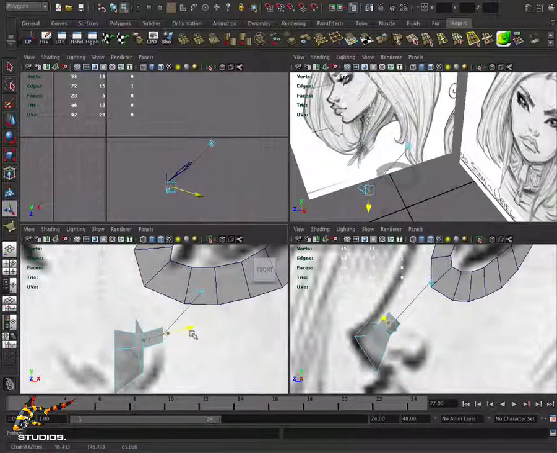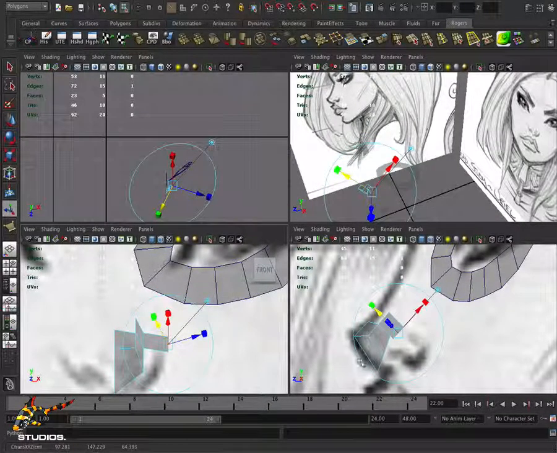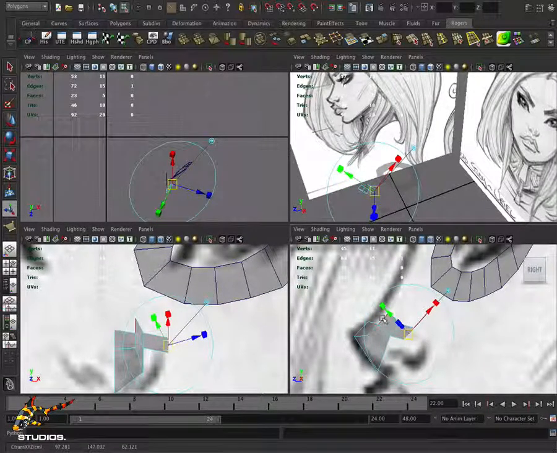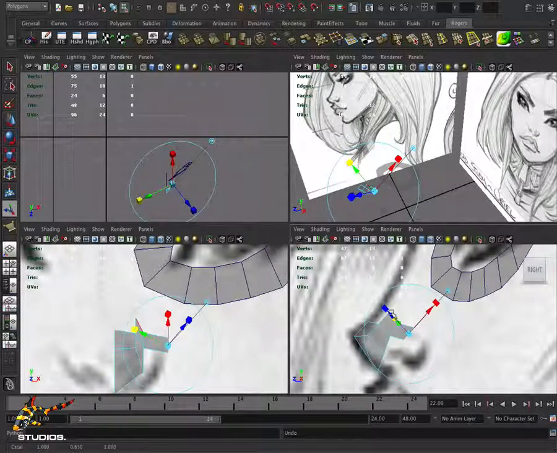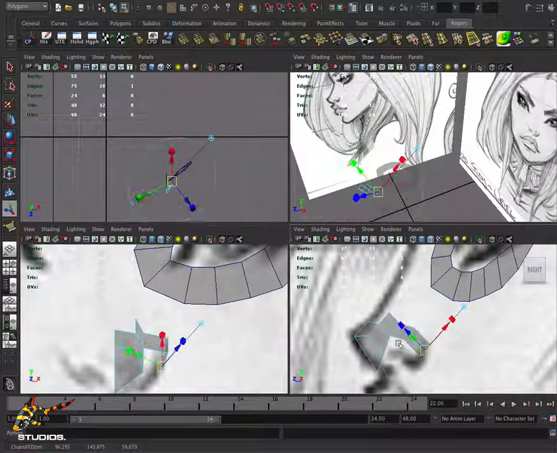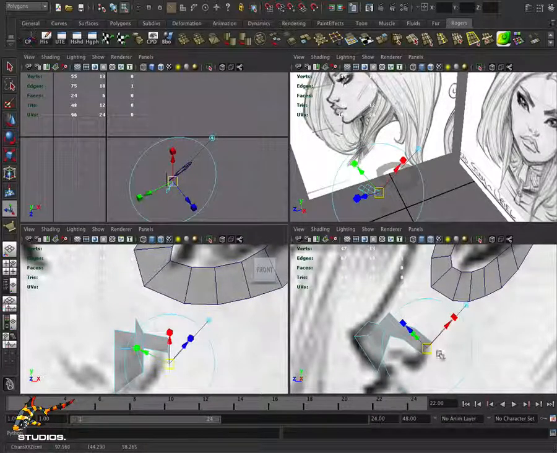That one I'm going to say extrude, there you go, that's going to be the side of the nostril. Extrude that one down. Oops, wrong command, it's going to fight me, there we go. Okay, that's nice. So that's the side of the nostril, and then